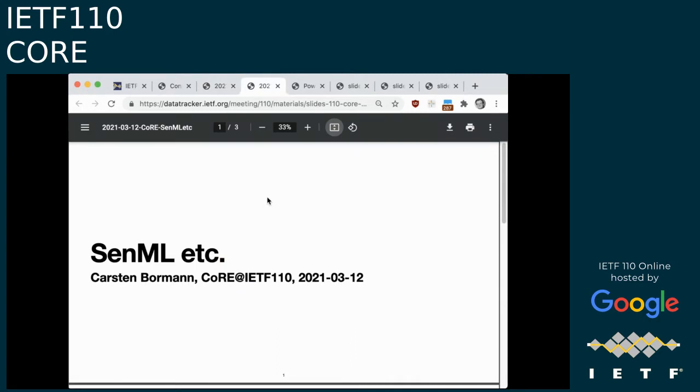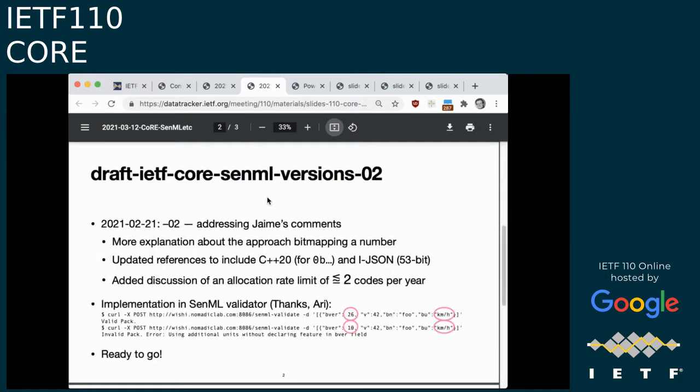So there are two documents in the SNML cluster. One is the versions document, where we have a -02 that is addressing Jaime's comments. Jaime did a review, and he asked for more explanation about the bitmapping approach, and that was a good comment. So we added that, added a few references, so it's clear where the 53-bit thing comes from, and so on. And we added discussion of advice to the designated expert to target a rate limit of about 2